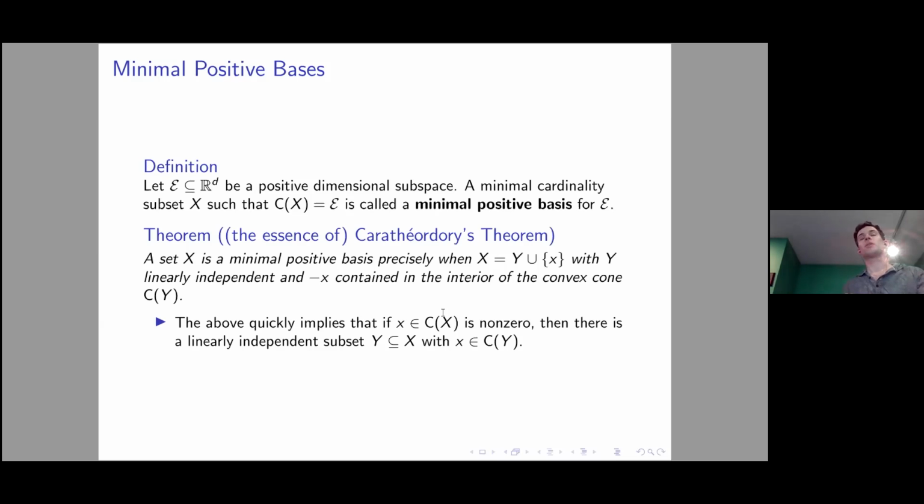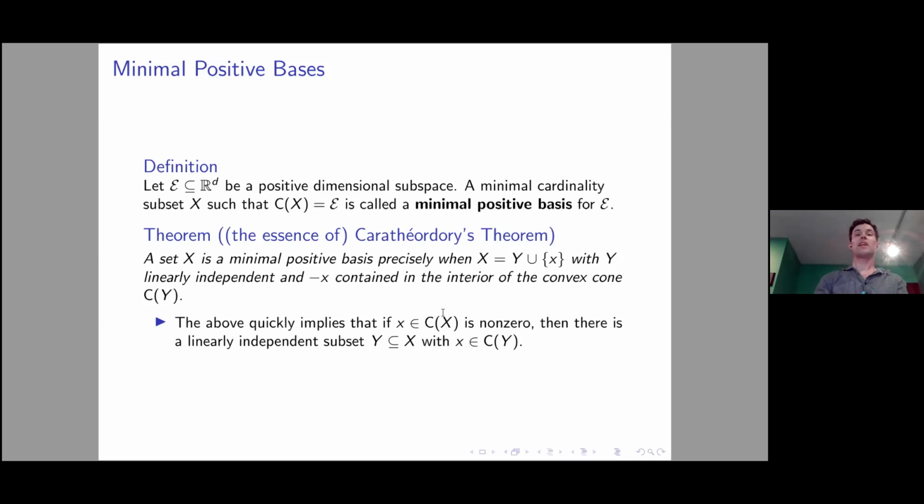And basically, they have a very simple description. You simply take a subset Y of linearly independent points. When you look at the convex cone they span, that's going to be a simplicial cone. If you have just two vectors in two-dimensional space, it looks like a triangle going off to infinity. It's a simplicial cone. And now you simply have to add one extra vector, which is contained inside the interior of that cone, and you change its sign. Right? And that lives in the negation of that cone. And that's exactly what these minimal positive bases look like. And that's exactly the support of any kind of minimal zero sum if we're working over the real numbers. The two are equivalent in this case.